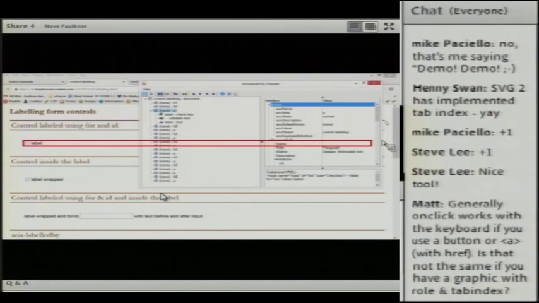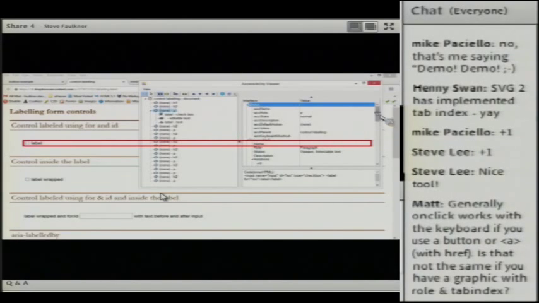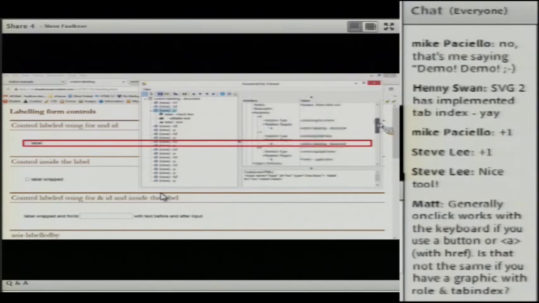And so it's just a standard input with a for and ID. What I was talking about before, this is actually a particular relationship which is shown.